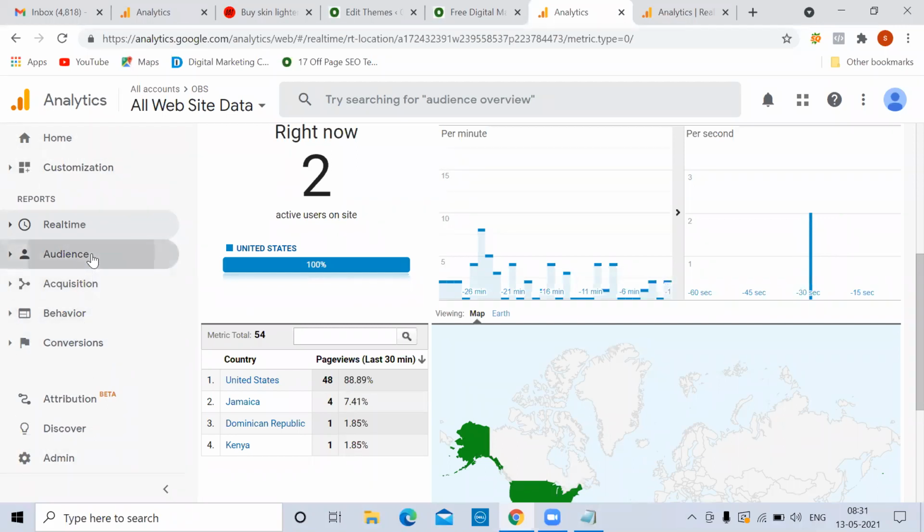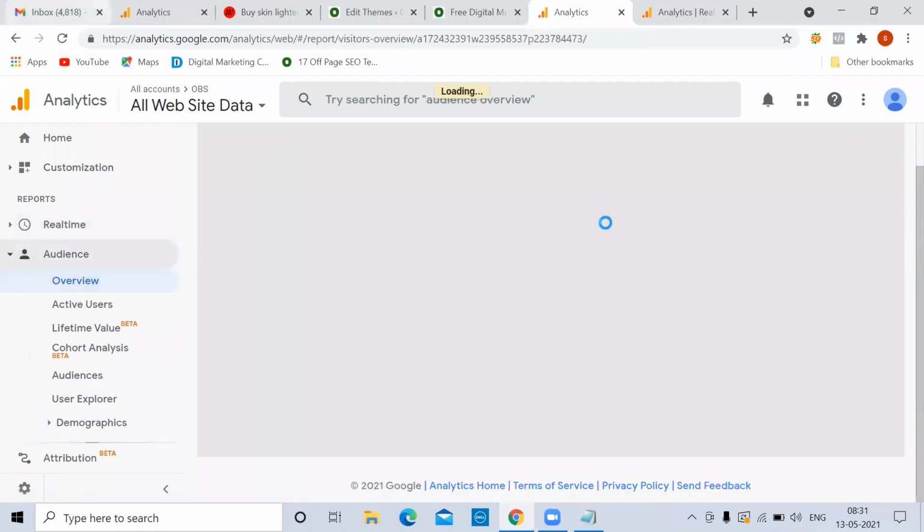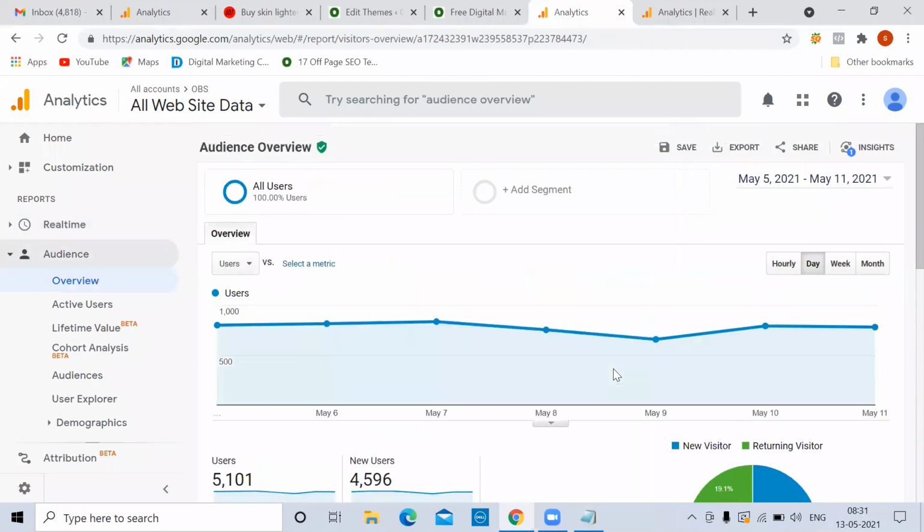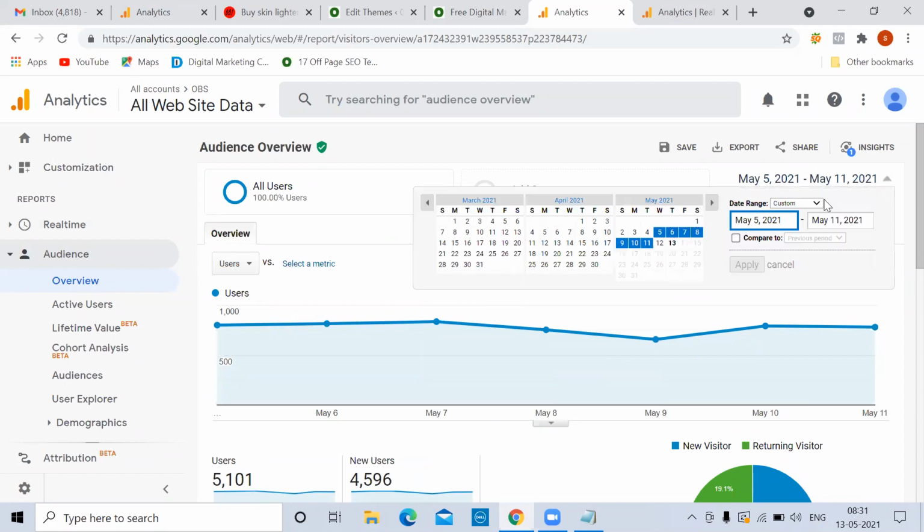Now let me go to audience. By default, the last 1 week of data will be tracked, May 5th to May 11th. If you want, you can click on the drop down: today, yesterday, last week, last month, last 7 days, last 30 days, or else you can manually select from this place to this place also.